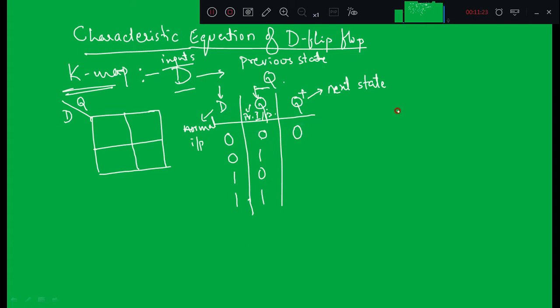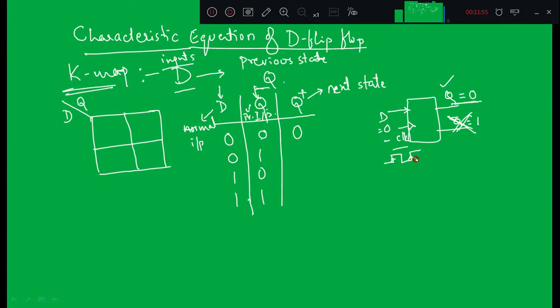Since we are not changing the value of D, the next state will also remain 0, because it depends on the value of D, right? See here, if this is a D flip-flop, and this is q bar. Let us assume initially D is equal to 0, and the state of the flip-flop is Q equal to 0, q bar equal to 1. For the time being, neglect this q bar and concentrate on this q. When I apply the first clock pulse, q is 0 and D is equal to 0.